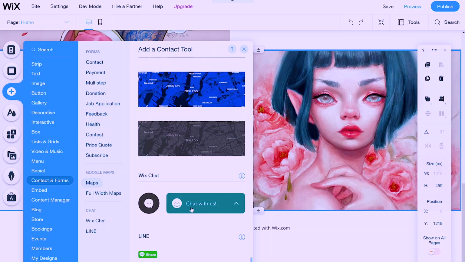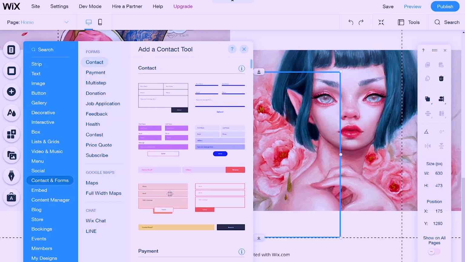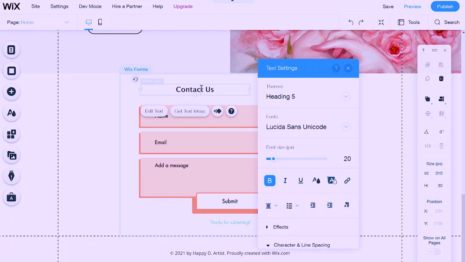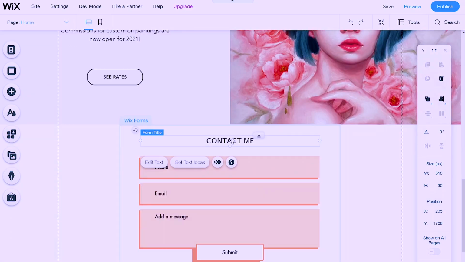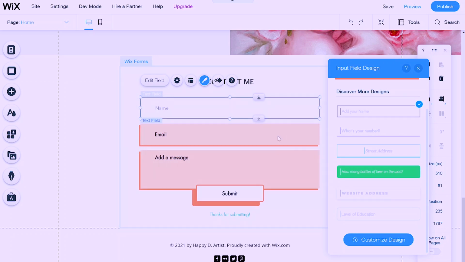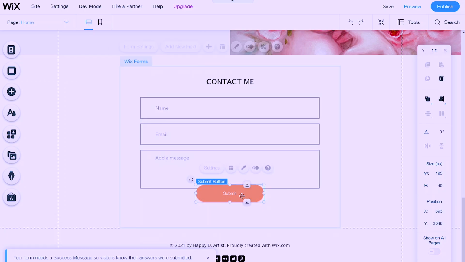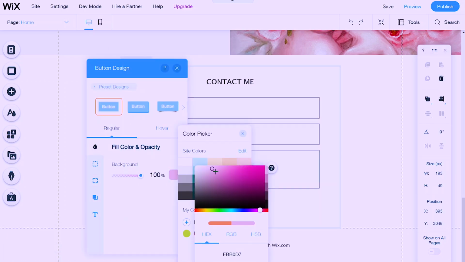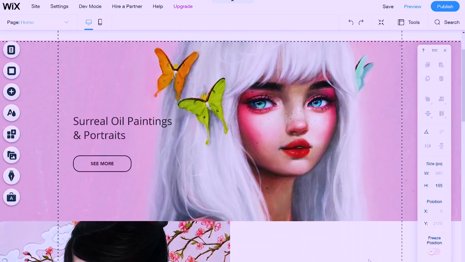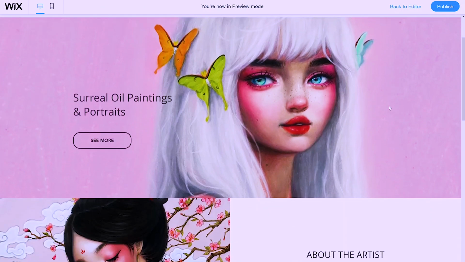I will once again use the Add button on the left toolbar, and this time I will select the Contact and Forms option. I landed on this style of contact form because it's simple and clean, and even though the orange doesn't match my current pink color scheme, I can easily change it with Wix's straightforward editing tools. I'm going to change the text boxes to be just simple and white, and of course with the button, I'm going to change it to the rounded style, the same as my other buttons, so that it's more consistent. I just love it when things are visually consistent. I can't help it.